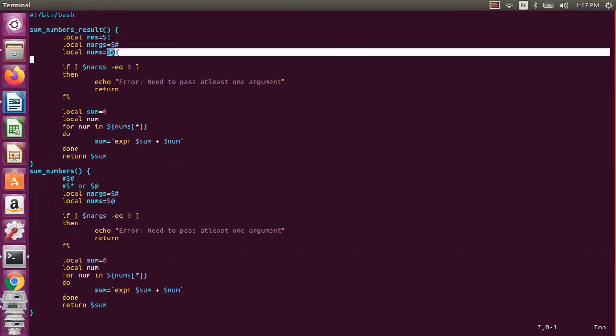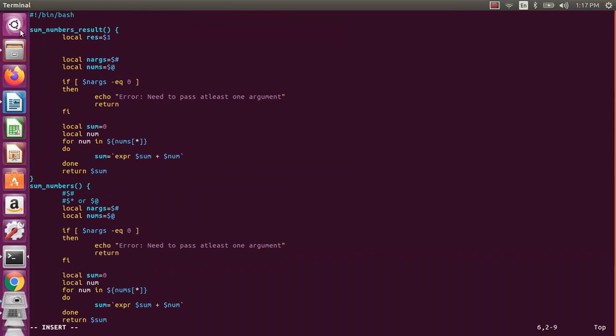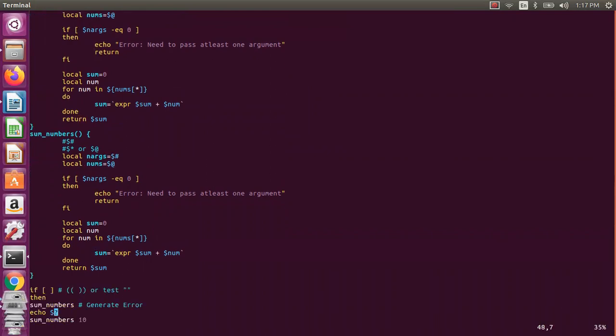But if you see this one, whatever these nums, what we will do, I will do here. Once I got the result, I don't need that particular argument. Then I will do a shift. Then everything will work properly. Now I have number of arguments proper and nums proper. So that's what you need to do.